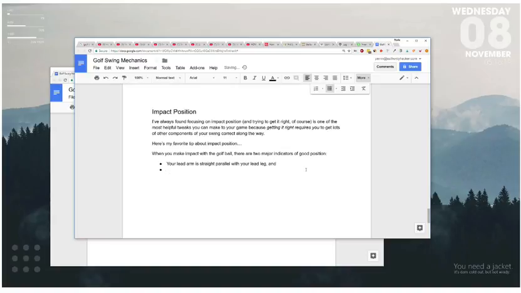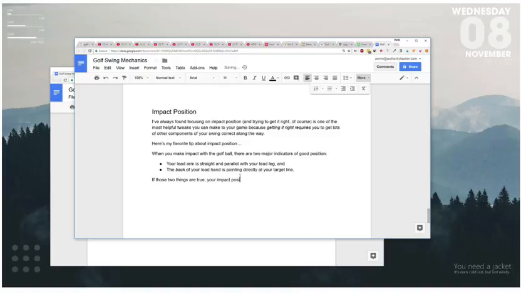And because we're writing these bullets as if they are lists, we have a comma and then "and", and the last bullet will have a period on it. Your lead arm is straight and parallel with your leg, and the back of your lead hand, and let's put this in italics, is pointing directly at your target line. If those two things are true,